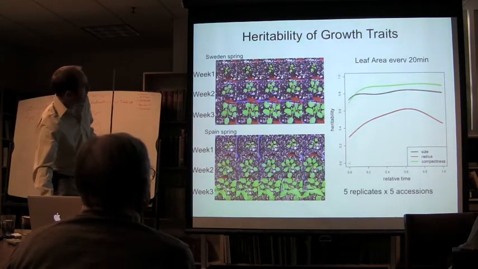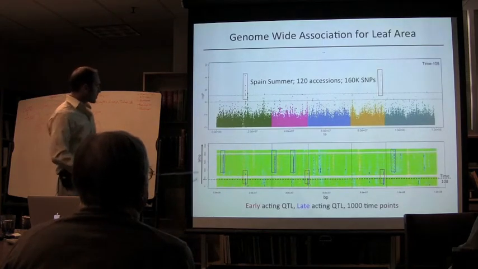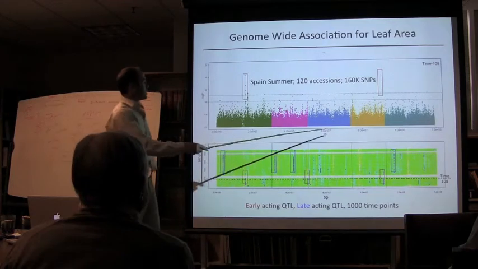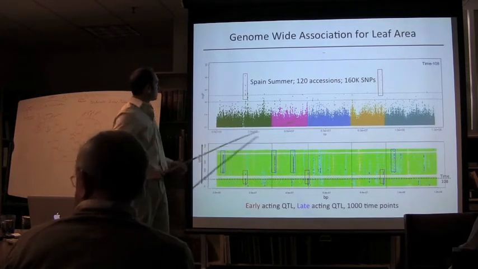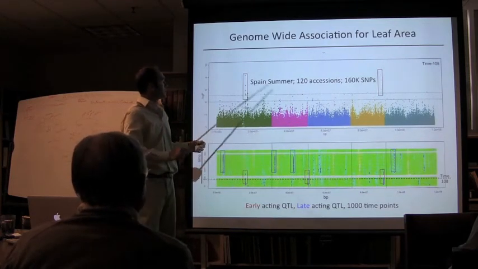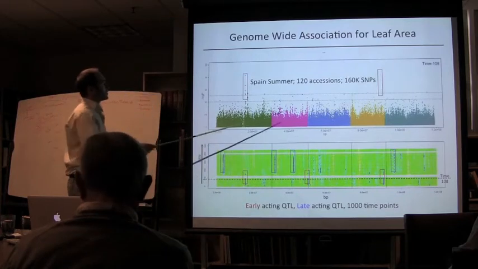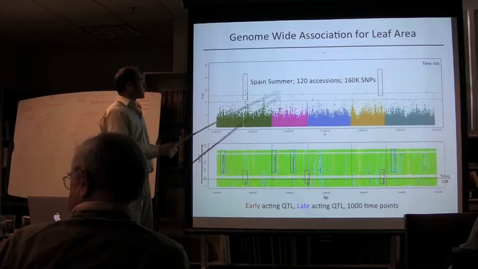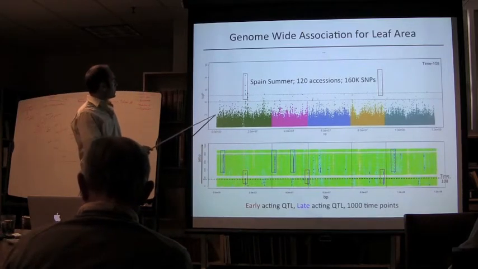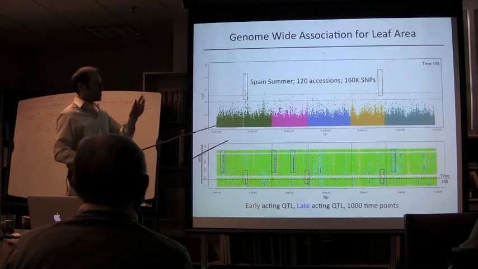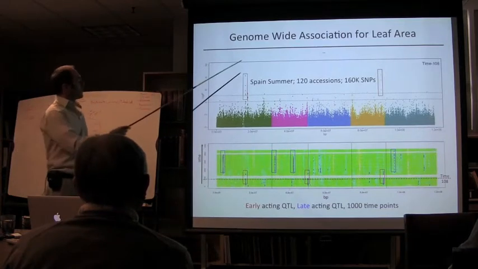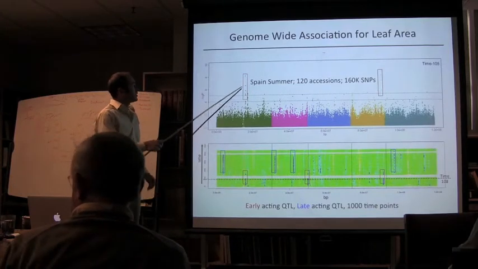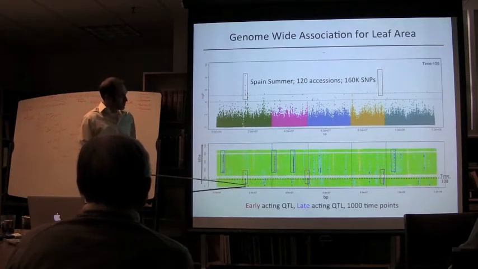And so we ran QTLs then. This is the first of many genome-wide association plots, which I'll show you. 1, 2, 3, 4, 5 chromosomes, and each spot is a SNP. Well, in this case, it was 160,000 common variants off of the microarray, and every point then is the minus log p-value of association with leaf area. And if you fold this out and color code these significant lines in blue, then we can look at the genetic architecture.